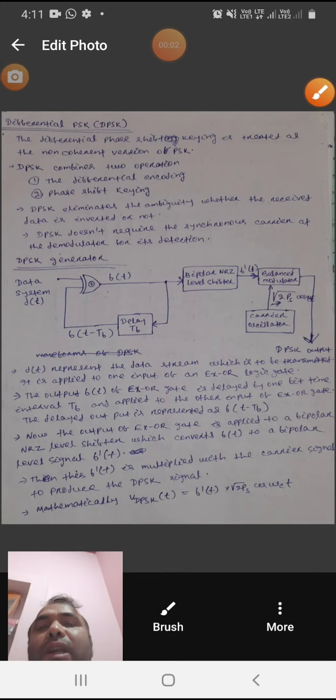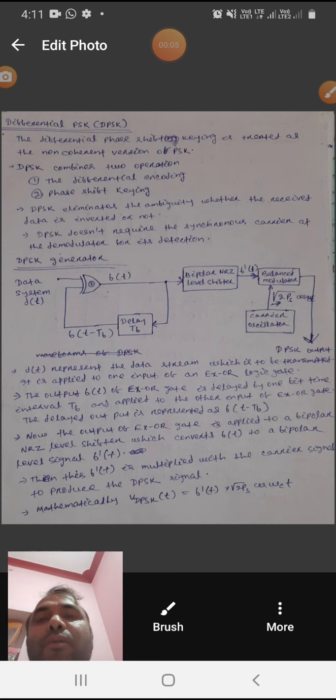Good morning. In my last lecture, I was discussing BPSK, that is binary phase shift keying. In this lecture, I want to talk about differential phase shift keying, that is DPSK. Here we are talking about the technologies by which the digital data collected from the computer is converted to an analog signal, and then the signal is transmitted, and at the receiving end it is demodulated, by which we can get the digital data from the analog signal.